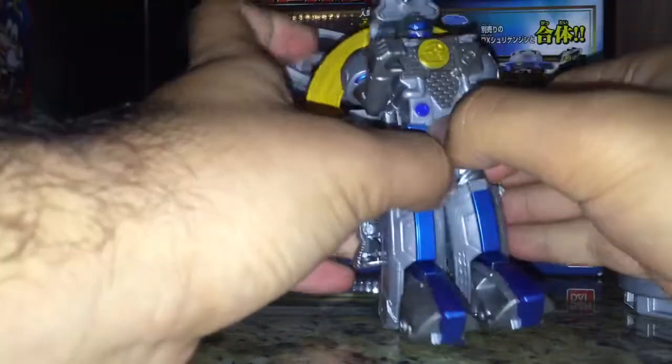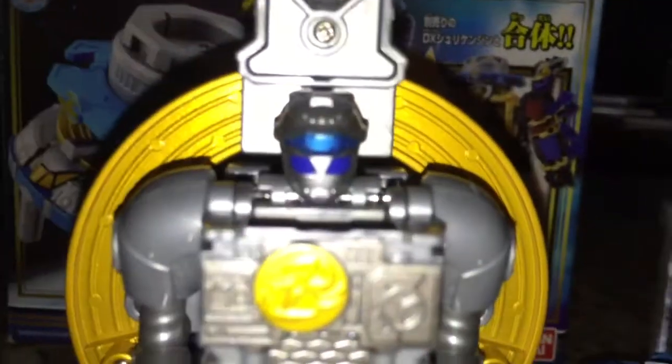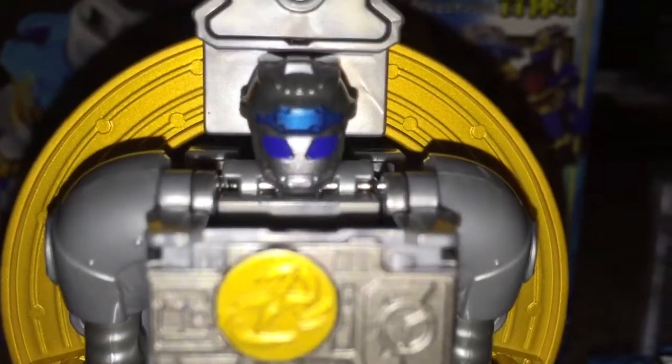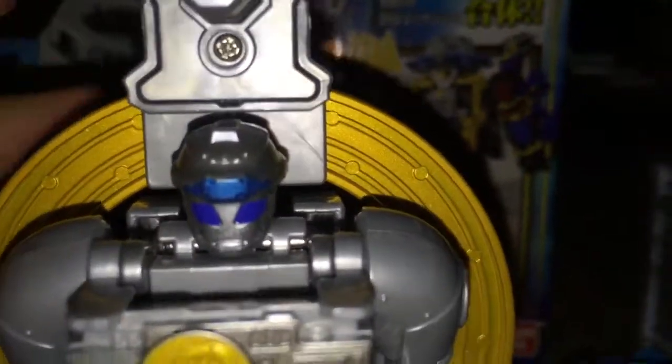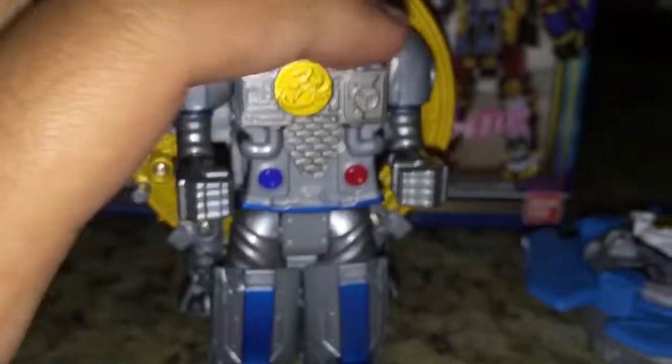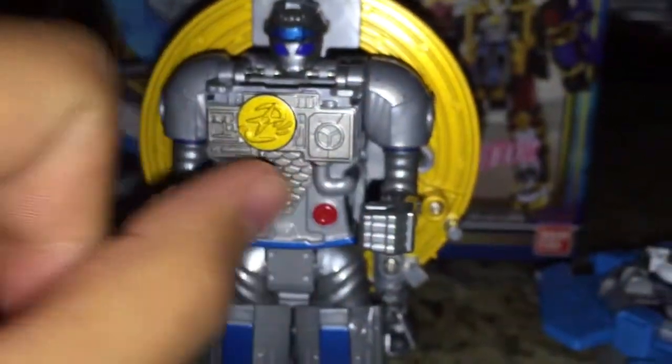So the only posability it has is the arms rotate, the head moves up and down, and the legs are connected and can do all this motion. Head sculpt I do kind of like though. It is representing of an alien, but it also has like a little space shuttle on its head, kind of like the Galaxy Mega, aka the Astro Megazord. And its suit is actually supposed to be like an astronaut suit, how it would have the temperature regulation,